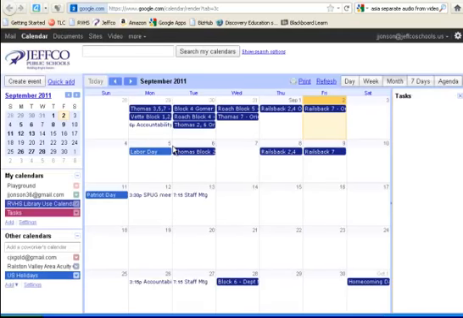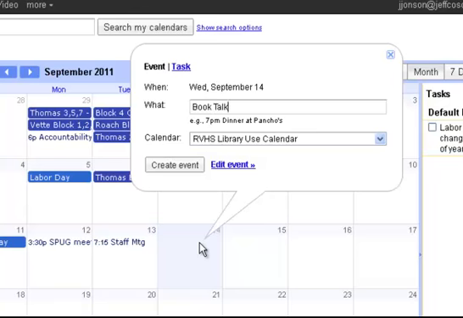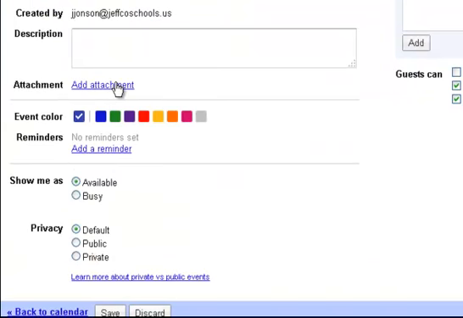Even though the calendar is in the website, I don't edit the calendar from the website. That's just a way for students to see it. This is actually where I edit. So I can add in an event, and so I can put in what's going to happen and when it's going to happen. And if I go into the full details here, you can see a section for me to add an attachment,